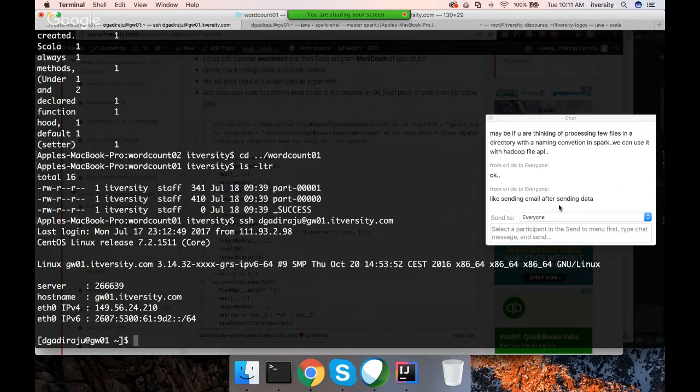APIs related to them only to do whatever you want. In this case, if you want to deal with the file system, you have to understand the HDFS APIs and you have to use those things. If you want to run Linux commands for some reason, you should be able to figure out, you should be able to do that using Scala itself as the programming language. If you want to send emails using Scala, you can actually integrate with any SMTP based APIs and you can send emails. Okay. On top of HDFS file system, we also have